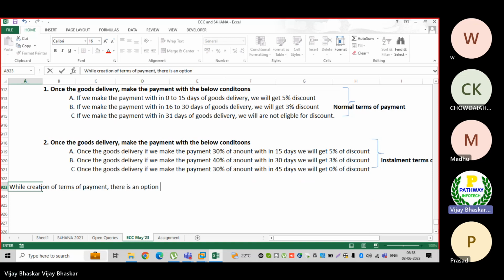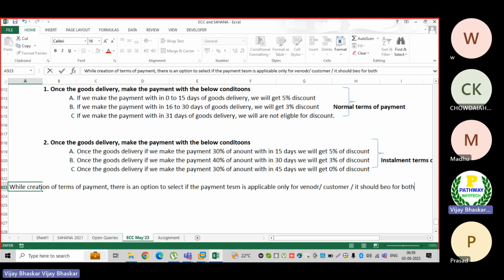There is an option to select if the payment term is applicable only for vendor or customer, or it should be for both.